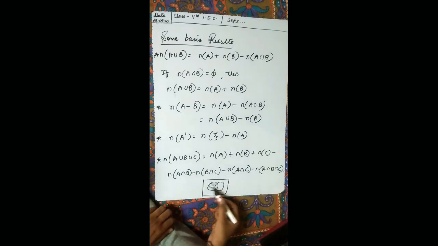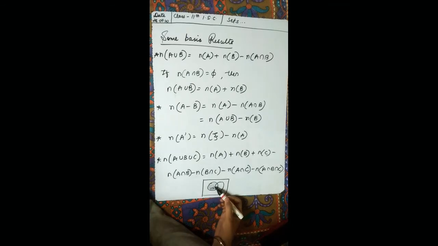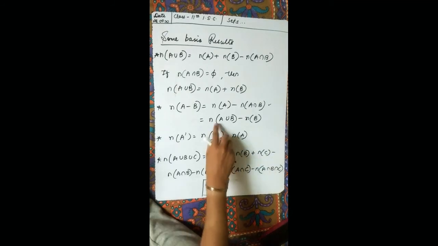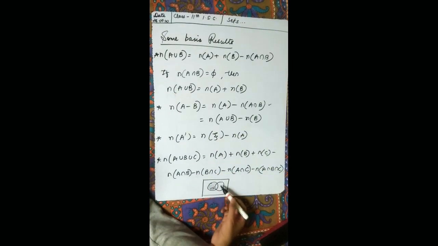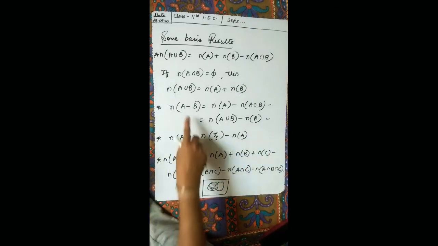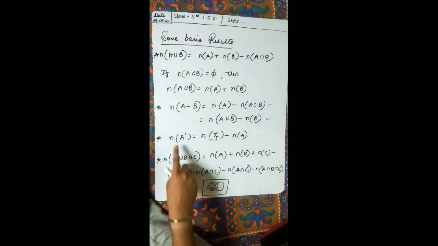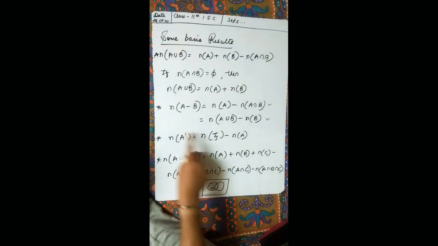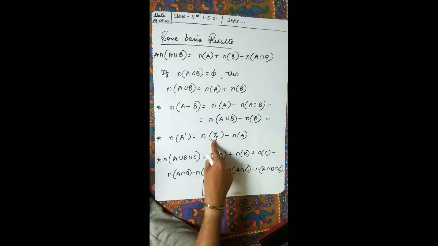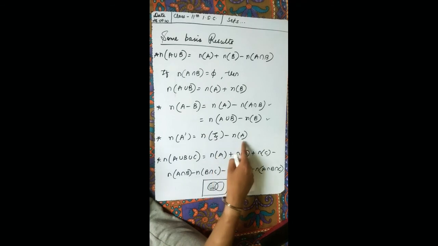N of A minus B, I explained, you can write that as the whole A set minus their intersection. So you need only this part. So you can say that A minus B can be explained as number of A whole set minus A intersection B set. Okay, and one more way you can explain the number of full A union B minus the set B. Similarly for B minus A we can understand, no? For A, number of A complement will be the whole number of universal set minus number of A. And for B we can understand number of this minus number of B.